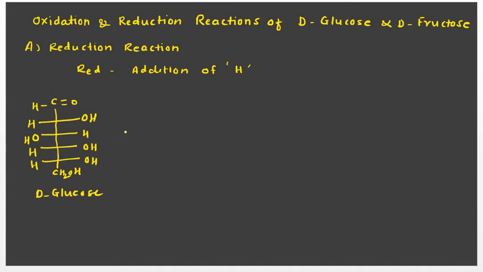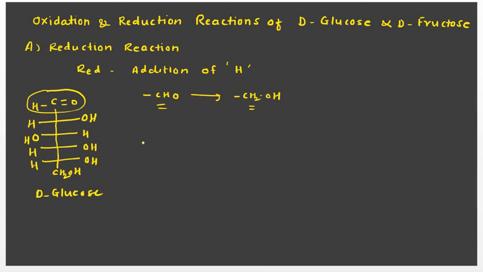Now in this D-glucose only the CHO group is a free group, so only reduction of this group can be carried out. When the CHO group is reduced, it is converted into the CH2OH group, remember. So the aldehyde group is reduced to an alcohol. The HCOH groups are already reduced, so there is no effect of the reducing agent on all these other carbons, but only this free aldehyde group is reduced to CH2OH.